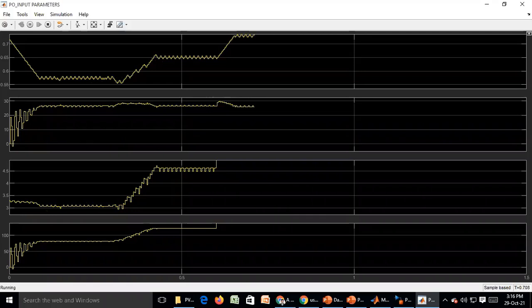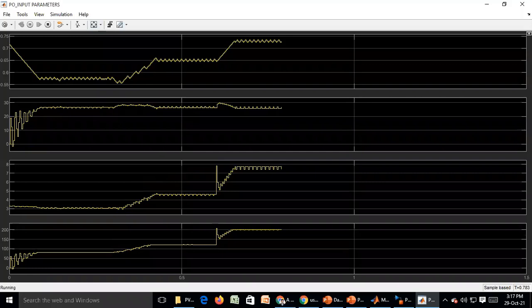Now you see, in the voltage you can't observe much change, whereas in the current you see exactly the condition you are having here. If you observe the third waveform, see how the current is taking a step. It is also moving like that. So the power will be the multiplication of both voltage and current. The power also is tracking properly.